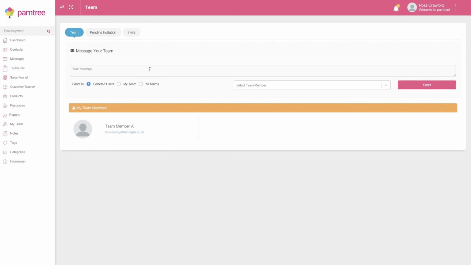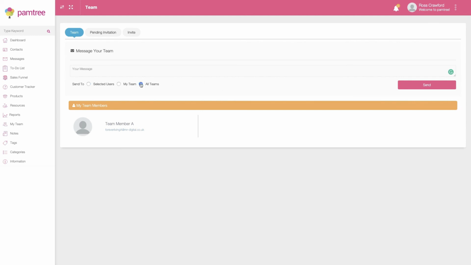Once your team are in here, you'll also be able to send messages to them, select specific users, or you could have all teams, so everybody, and it will go to all their sub teams as well, or just your direct team. So a nice quick way for you to get a message out to everyone. So again, that's really it. You just come in here and you can invite your team members, send them messages if you need to,